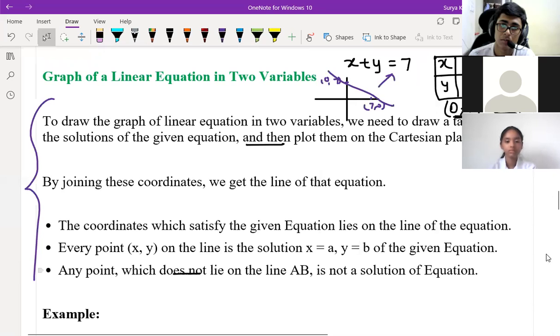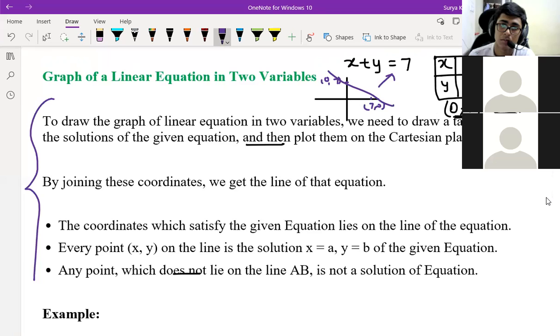Sir, if it is (7, 0), x is equal to 7 and 0 is the y. Okay. And we only need to keep the point on the x-axis, sir? That's it. You know coordinates, no? If (0, 7), where does it lie? It lies on which axis? (0, 7) always lies on the y-axis, right? Y-axis. Yes, sir. I'm telling about (7, 0), it will lie on the x-axis. That's it. Yes. Join both. What is there in that?